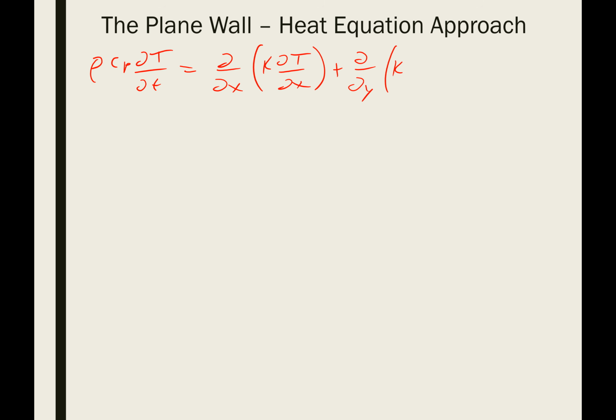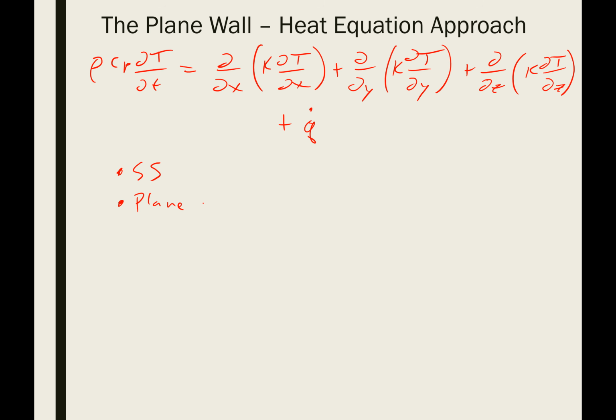I should have had this printed and ready to go, but all right, so this is the heat equation. For that same kind of system, our assumptions were steady state, plane wall, and no generation. Okay, so from these assumptions, we could start here with this general form of the equation,